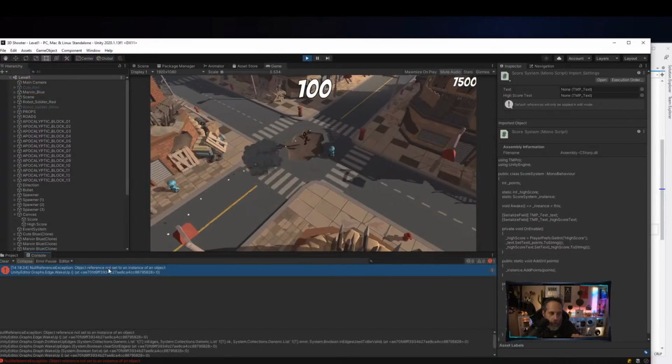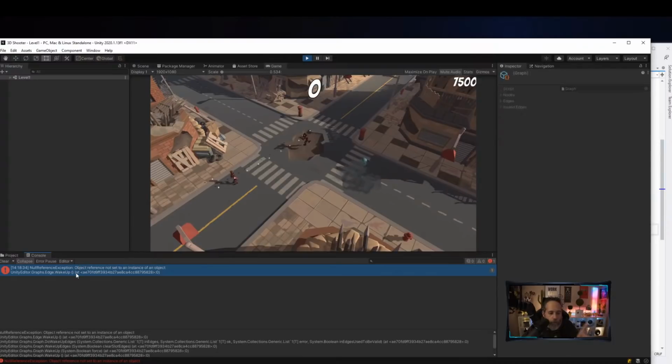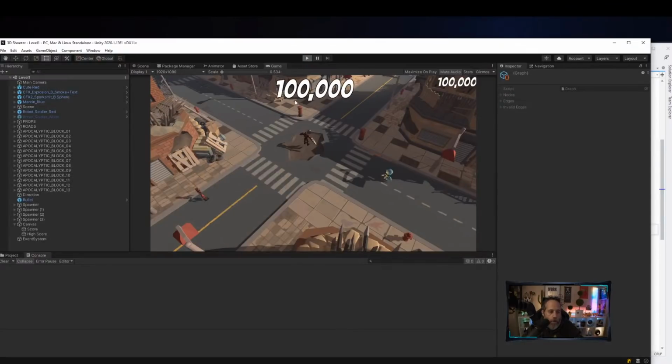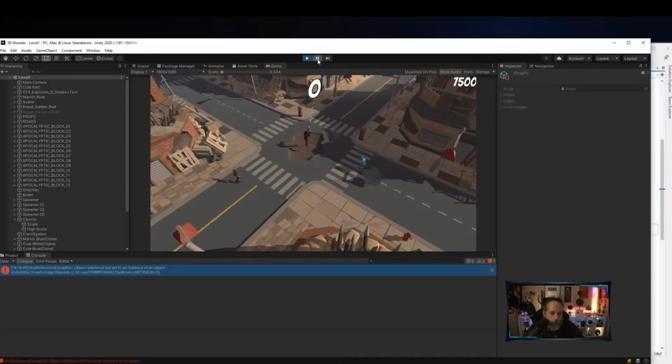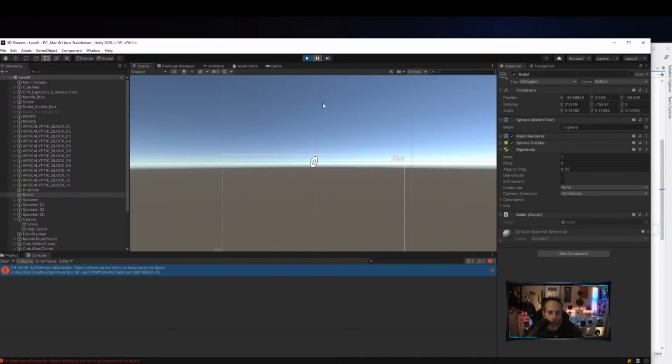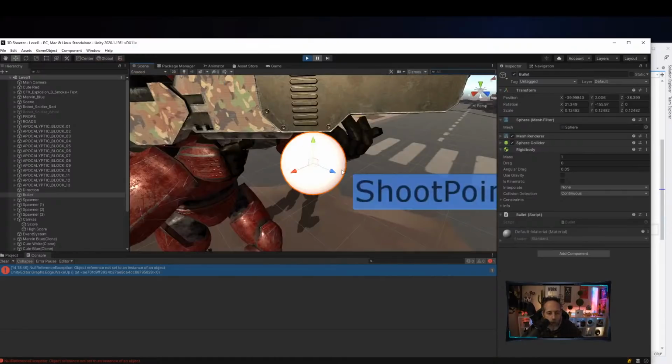So click on this right here. Oh, you can't actually see the object. Wait, where'd my error go? Come on, error, come back. Okay, play and pause. I don't know why I'm not getting the error message, but what I expect the error to be is